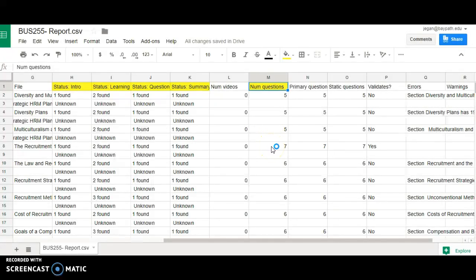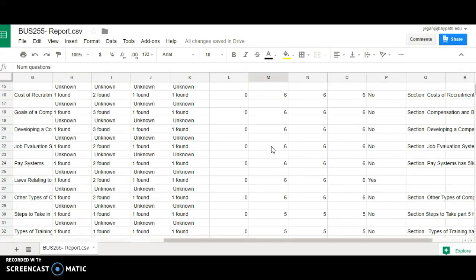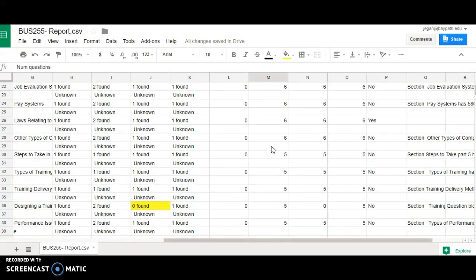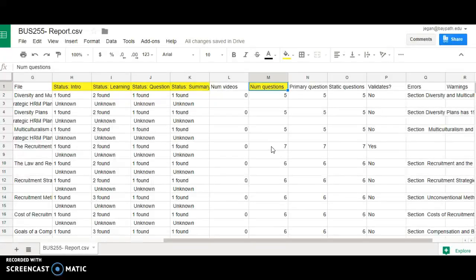And the more questions, the better in a sense, because you're making a question bank or a pool, and that way it randomizes when they pull. So 5 is really what we tell our SMEs, but it's always great when they add a couple extra to randomize them. Whether or not it validates will be something the course builders look at,